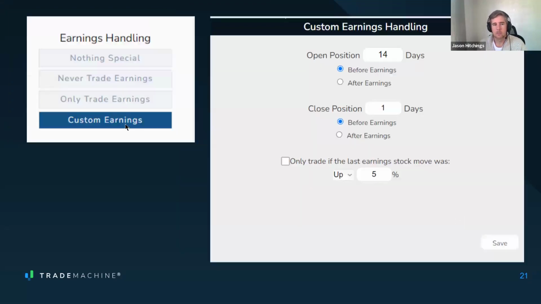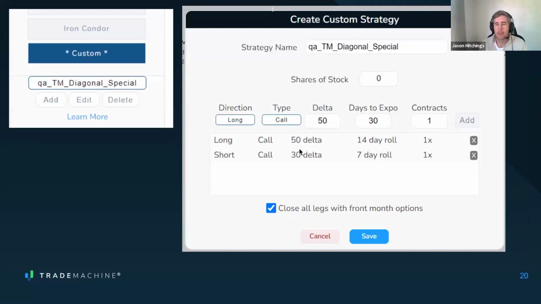Now, when you look at the custom earnings, it says, I want to open this position 14 days before earnings. And so, according to our logic above, this option will be forced to be greater than or equal to the earnings date, and this one will be forced to be less than the earnings date. Now, not all